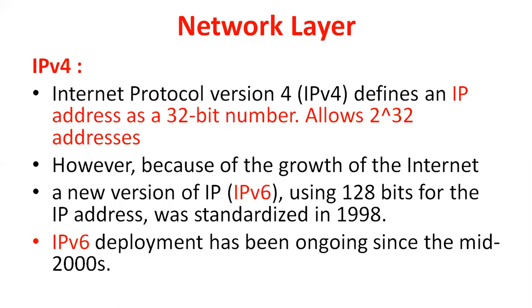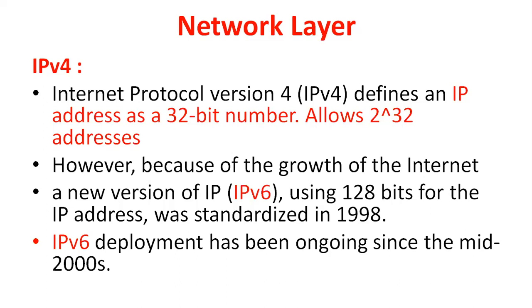Nowadays, 2 power 32 addresses are given to different systems, but with IP devices you give an IP address to each and every device. For example, in your home you have tube lights, a washing machine, and a fan. For each and every device you have to give a different address. That's why you require more addresses. Because of the growth of the internet, a new version of IP address came into the picture.